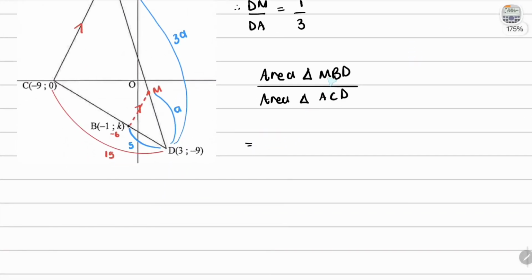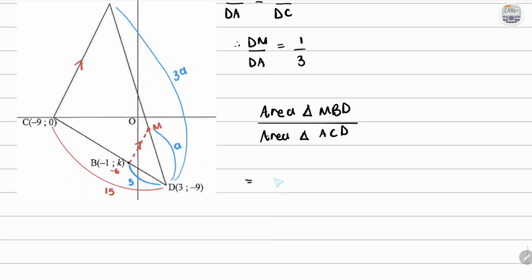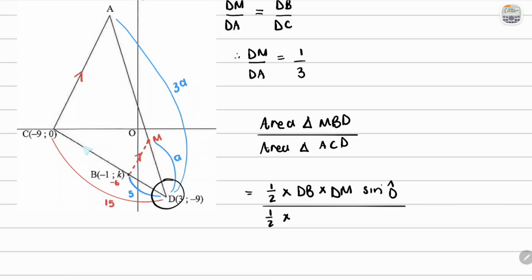So to find the area of triangle MBD, you can see that we don't have any perpendicular heights. So we are going to use the trigonometry method of finding the area. So this is a half multiplied by, we'll focus on angle D as our center angle. So it's a half multiplied by the side next to it. So we'll say multiply by DB, and then multiply by DM, then sine of angle D. And they will both have sine of angle D, and that's really what we're trying to go for. And this goes over in the bigger triangle ACD. This is a half multiplied by DC, and then multiplied by DA, sine of angle D again,